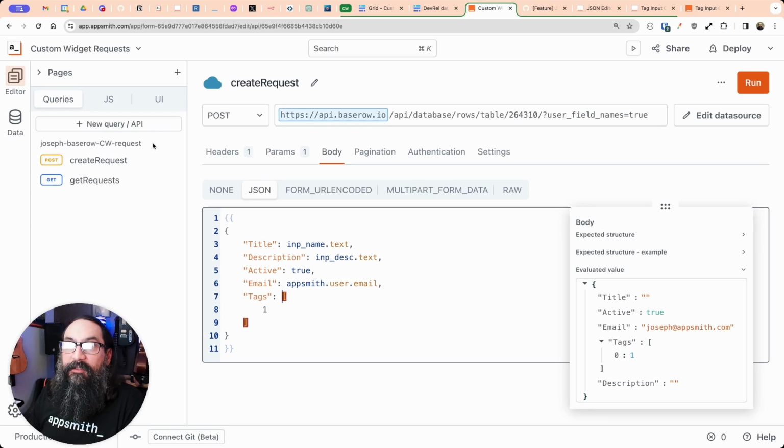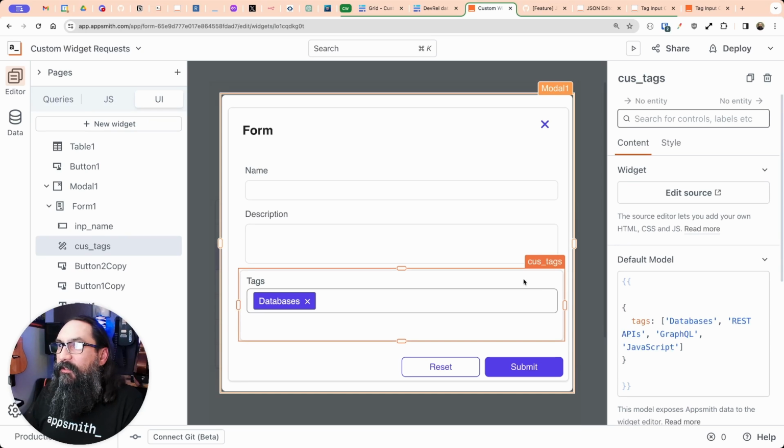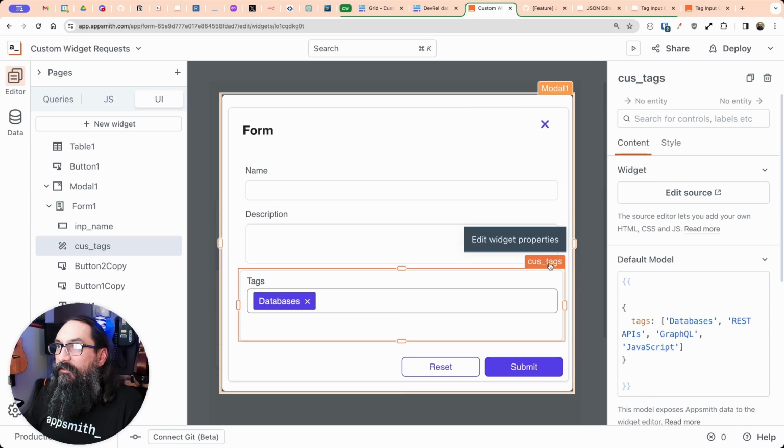Okay, so the tags. Let's check out the custom widget. I kind of skipped over this because the widget's already built. It's out there. It's in the community library. But just real quick, let's take a look at how it works. So I'm passing in an array, a list of tags that I want in the autocomplete list. And then this custom widget, if you go to the edit source,